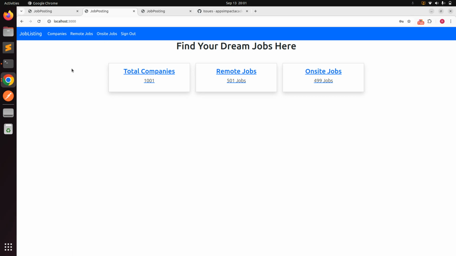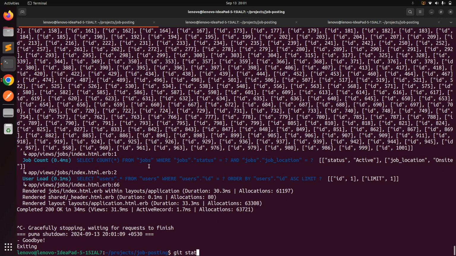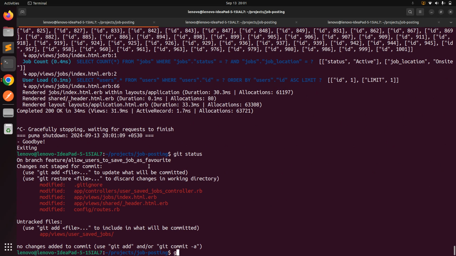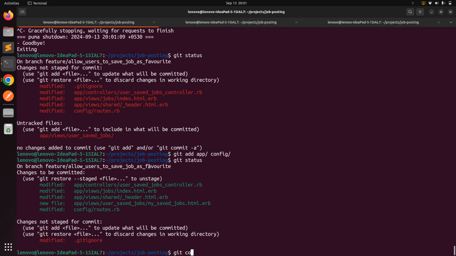Now we need to commit all the changes that we do. So let's shut down the server, git status, and then git add app and config. Okay, git status and then git commit minus m. Here we cannot commit like